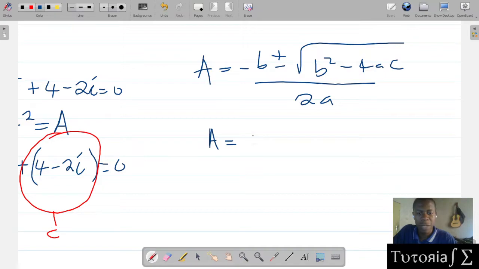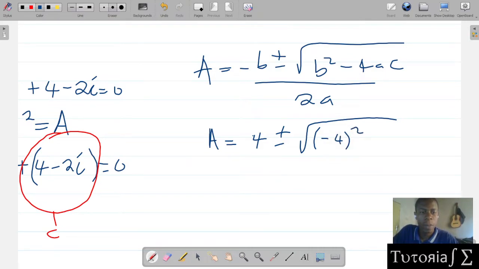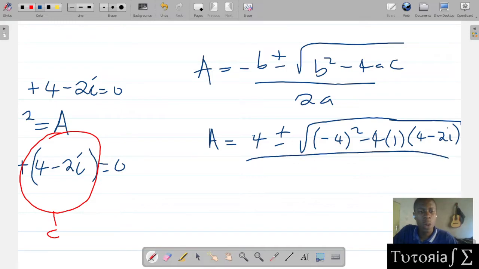So negative times negative will be positive 4 plus or minus root of B squared, which is negative 4 squared, minus 4 times A, which is 1, times C, which is 4 minus 2i. Close the brackets, all over 2 times A, which is 2 times 1, meaning that our A will be equal